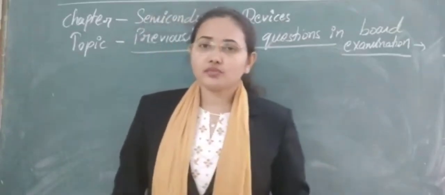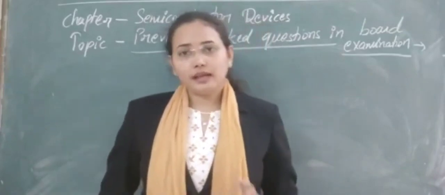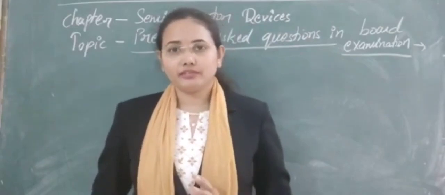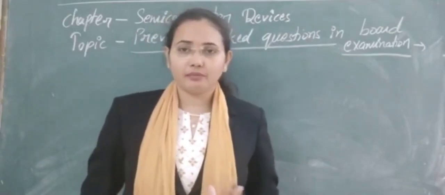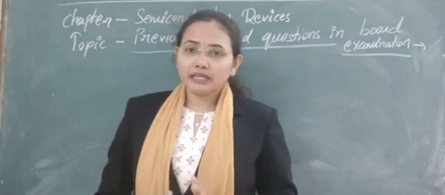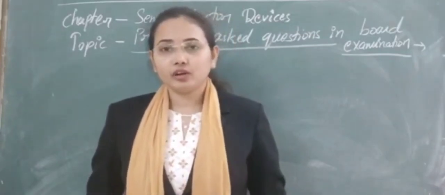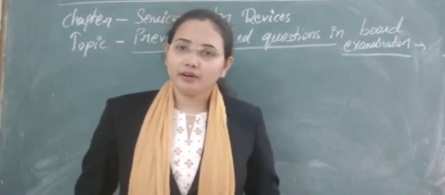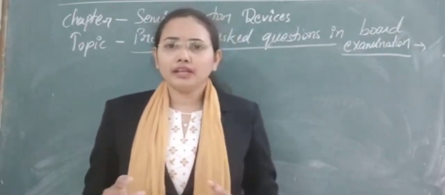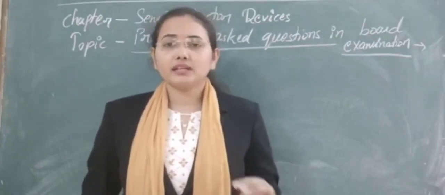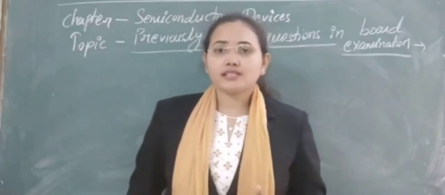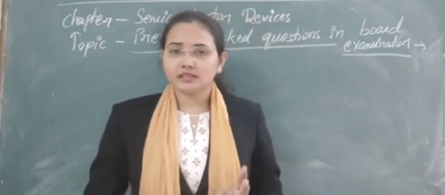As a first question, I am only going to take the question that is asked, and after that we will discuss the concepts with the help of it. The first question is: categorize the materials with the help of the free electron model and with the help of band theory. There are a number of ways in which you can categorize semiconductors, conductors and insulators. Here we have two models, as mentioned in the question.